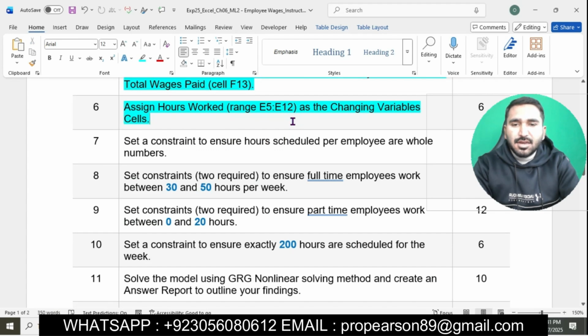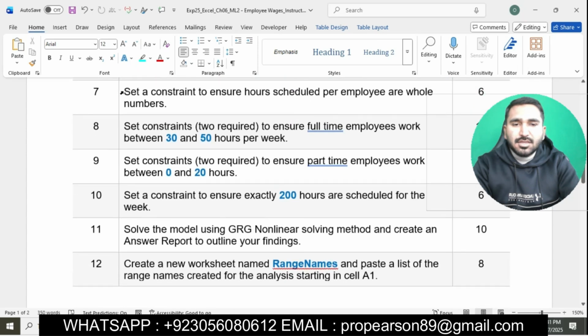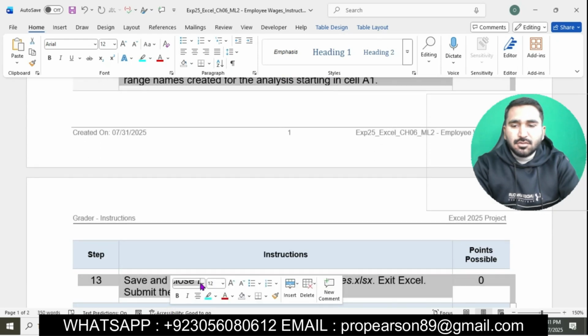Question number 7 is to set a constraint to ensure hours scheduled per employee are whole numbers. Now you can see the total question of this